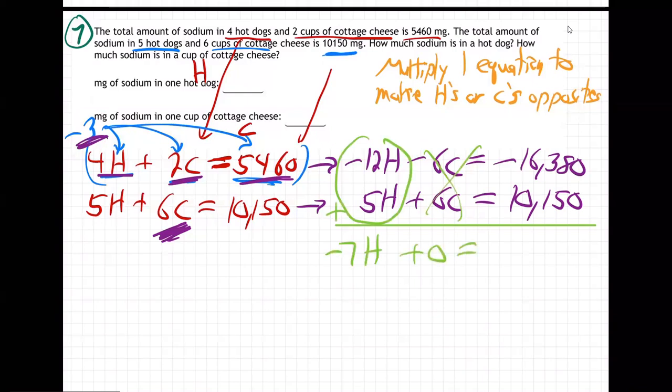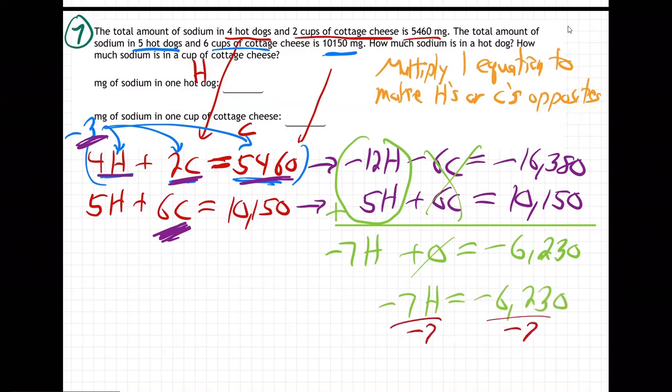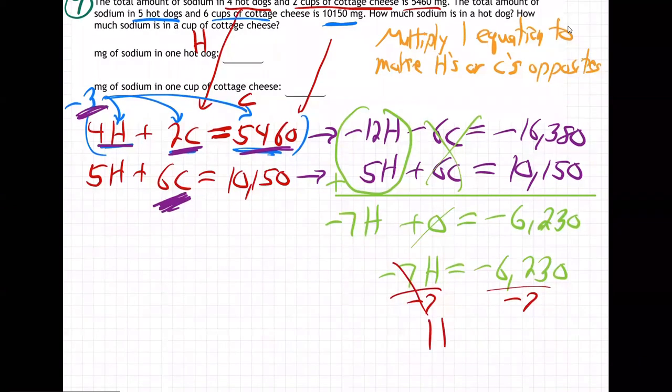And over there, I don't know. I'm going to use my calculator. And I'm getting minus 6,230. So this is gone. So minus 7h is minus 6,230. Divide by minus 7. H equals, comes out positive, right? 2 negatives makes positive 890. H is positive